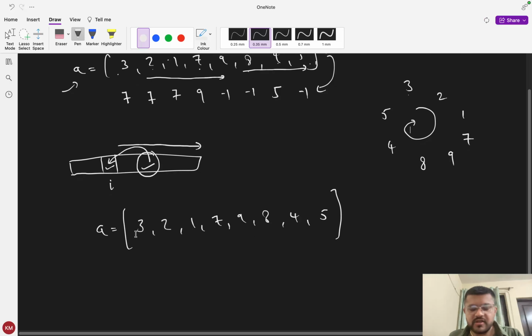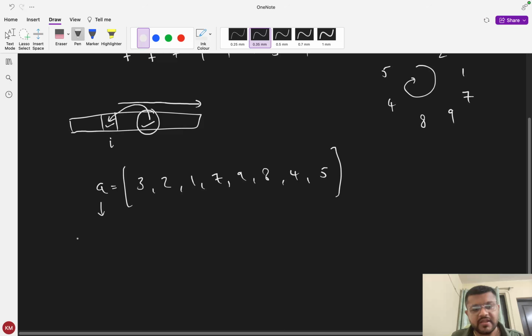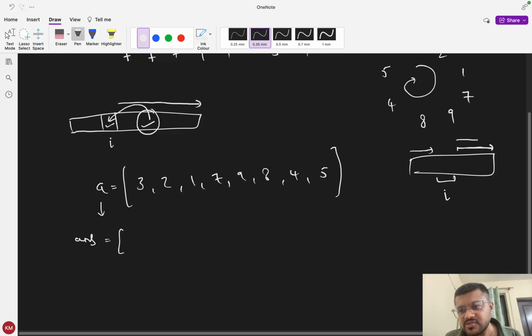So now if I try to find the next greater element for every element in the array, then my answer would be, so now for example if I am talking about an index I, and I want to find the next greater element for index I, I will start moving from I plus 1, but I will not stop at n minus 1. So if I do not get the next greater element for index I till n minus 1, I will continue in the circle and I will also move from 0 to I minus 1. So for index I, I will move from I plus 1 to n minus 1, then again 0 to I minus 1. So I will move in a circle, okay, so like this.